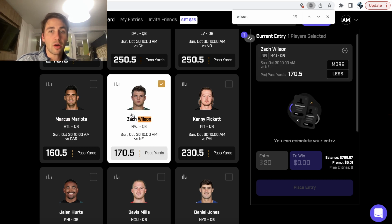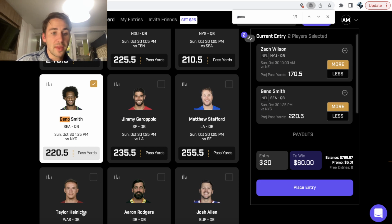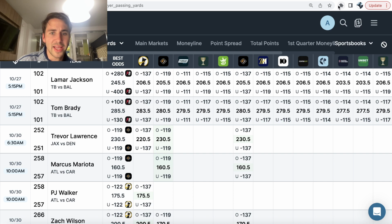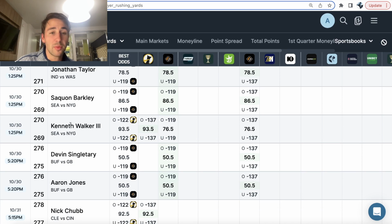So we want to be all over this over. And then we want to be on this under, right, to get into this middle. So we can look for a few more plays. And what you'll notice is if we look away from passing yards, the next play we want to be all over is Kenneth Walker